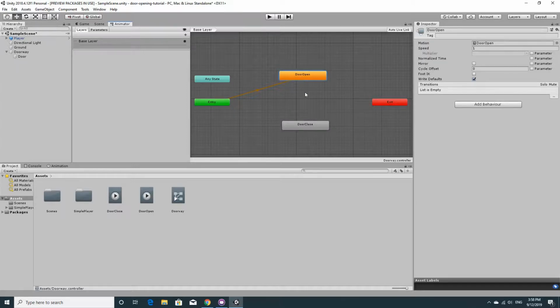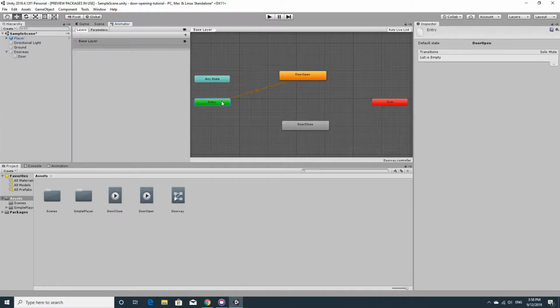So we have a default state. Now if we're thinking about our door, it's actually closed by default. You don't want it to be doing anything. By default, if we were to run this, it would immediately play this door open animation, which is not what we want. So we're going to